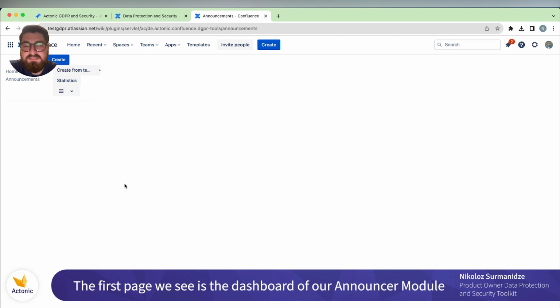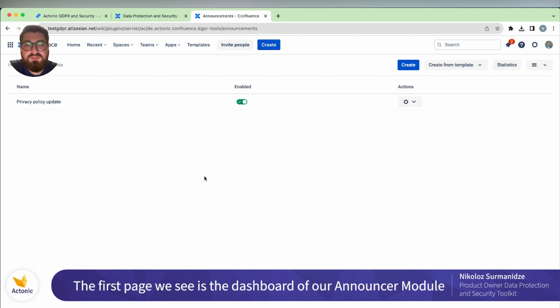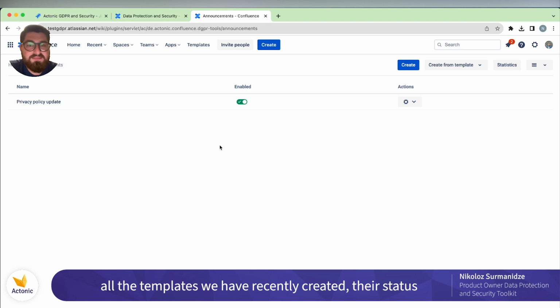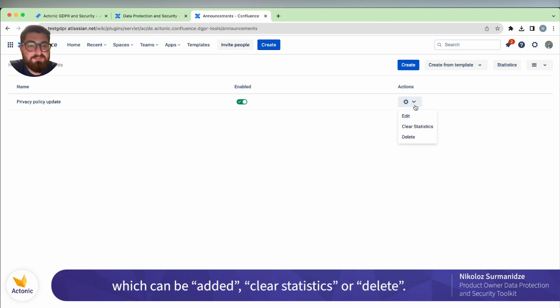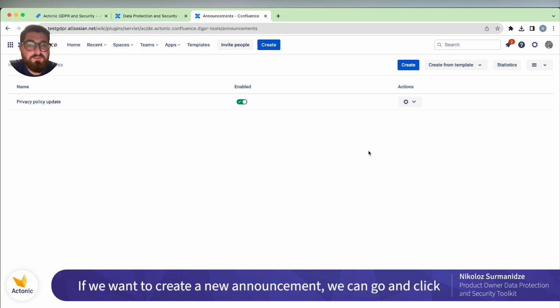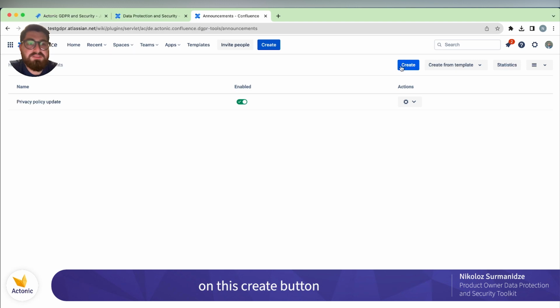The first page we see is the dashboard of our announcer module, where we can see all the templates we have recently created, their status, and the additional actions we can apply to these templates, which can be edit, clear statistics, or delete. If we want to create a new announcement, we can click on this create button,